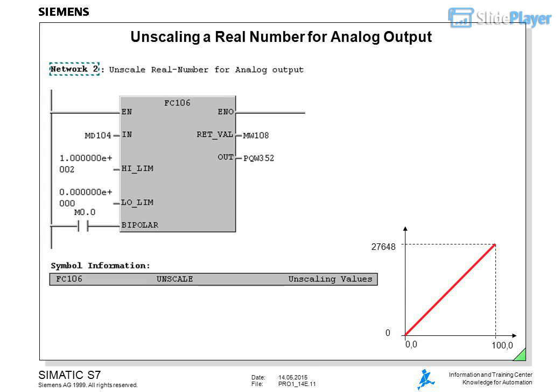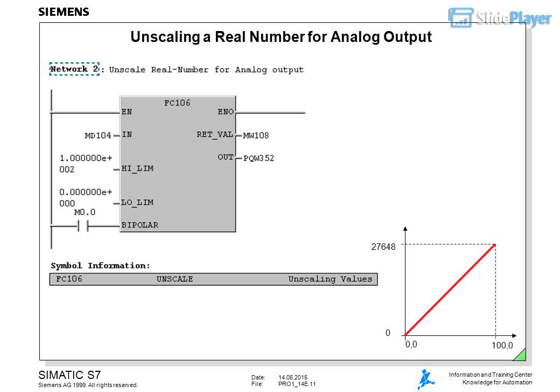Unscaling a real number for analog output. Example: the user program calculates an analog value in the range 0 to 100.0%. This value is to be output via an analog output module. Unscaling: standard block FC106 is used for unscaling, the conversion of a real number from 0 to 100.0% to a 16-bit